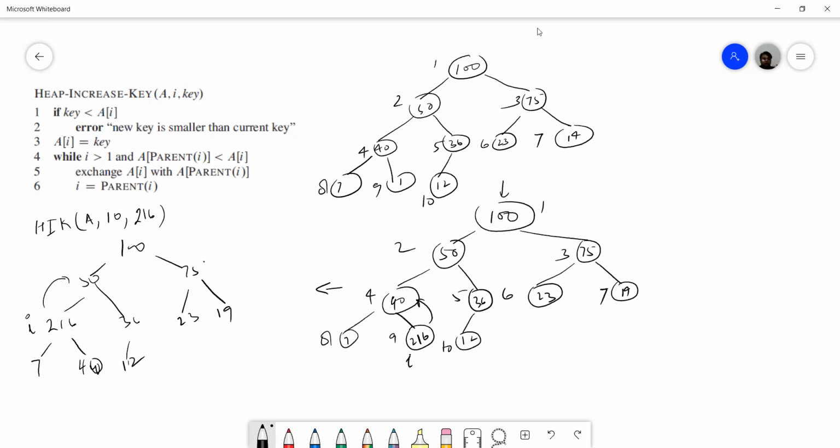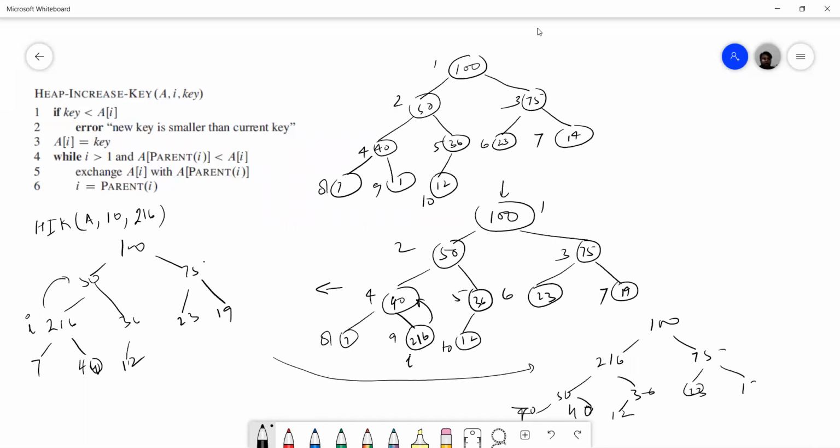This is 50 and this is 216, so obviously it is greater. Again we'll exchange. So now what we'll get? 100, 216, 75, 50, 36, 40, 7, 12, 23 and 19.